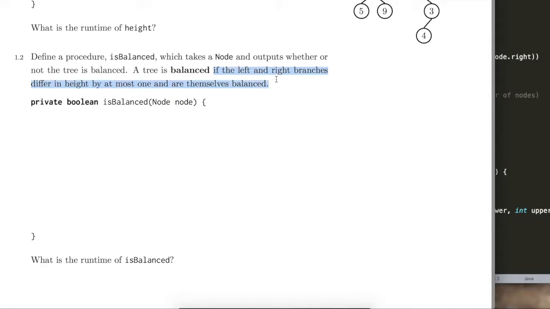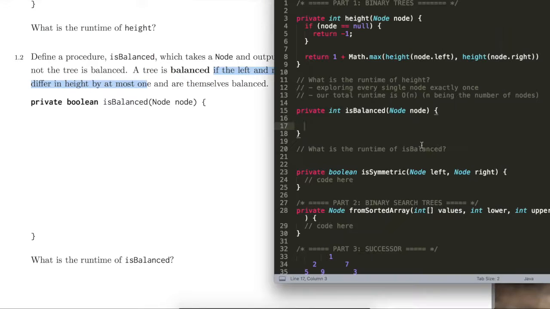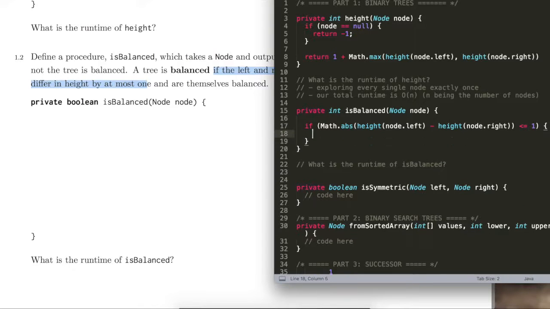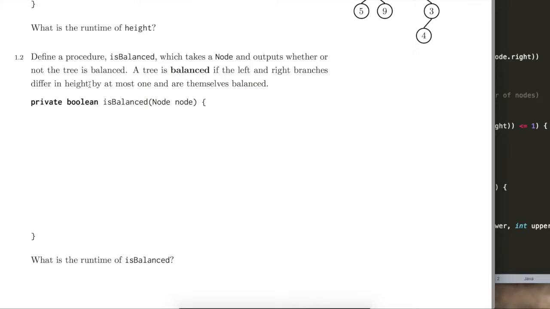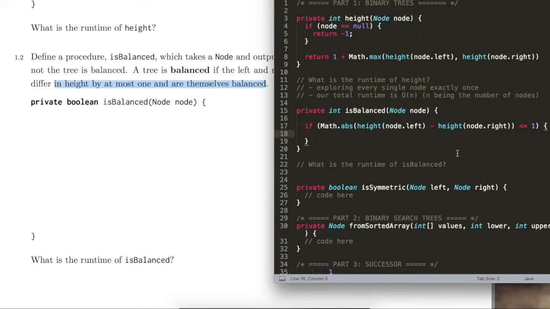So if the left and right branches differ in height by at most 1, so if the height of the left branch and the height of the right branch differ by at most 1, or the difference between the two is at most 1. Oops. And it's true that a tree is balanced if the difference between heights is at most 1, and they themselves are balanced. So all we have to do at this point is check whether or not they are balanced. So now we just have to return, oh, but since this is a